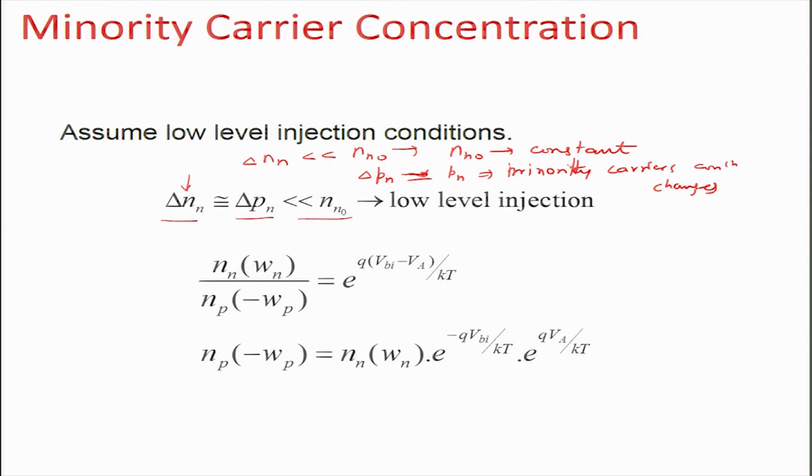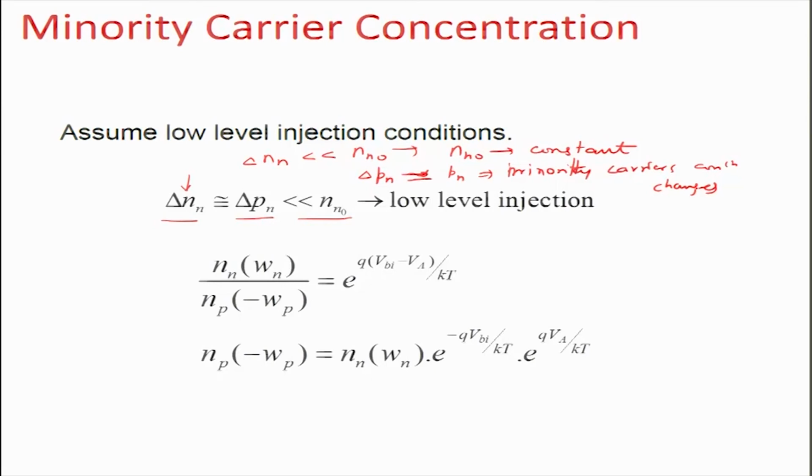Okay. So since delta Pn is large enough as compared to Pn, but it does not affect the majority carrier concentration, these conditions are called low level injection, because you are not injecting too many majority carriers, you are injecting mostly minority carriers. So if that is true, then from the previous expression where we wrote that Vj is equal to kT divided by q